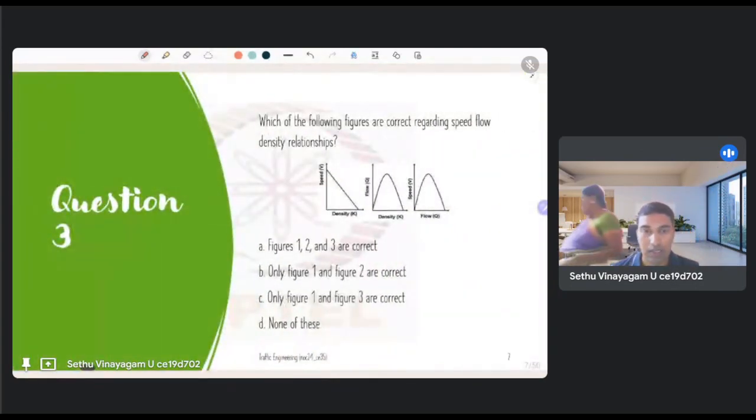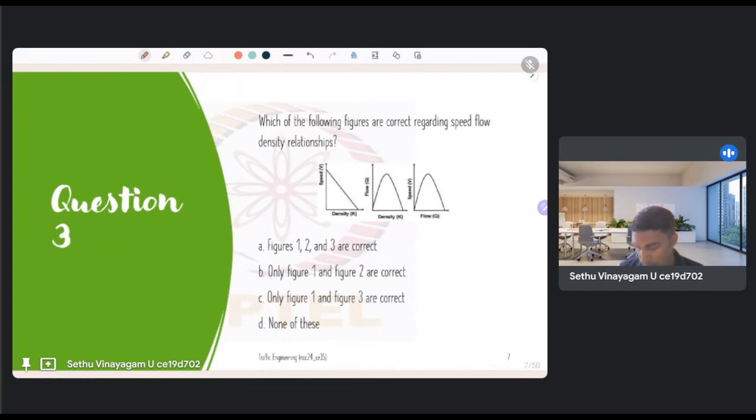Okay, so third question is, which of the following figures are correct regarding the speed, flow, and density relationship? We are given three figures. One is speed versus density, second is flow versus density, and third is speed versus flow. So if you look at speed versus density first, here we are given a monotonically decreasing